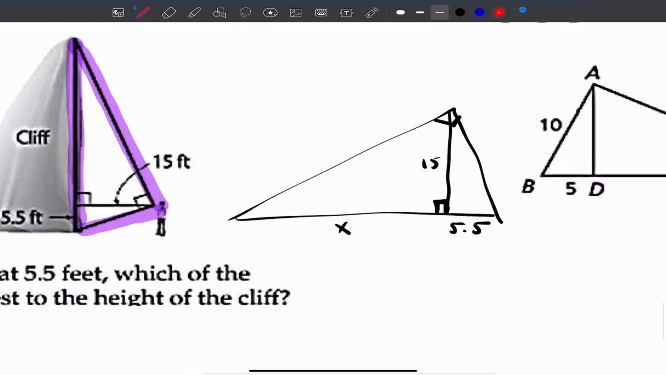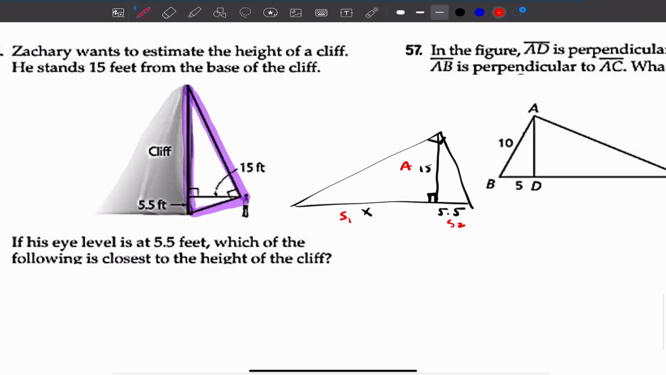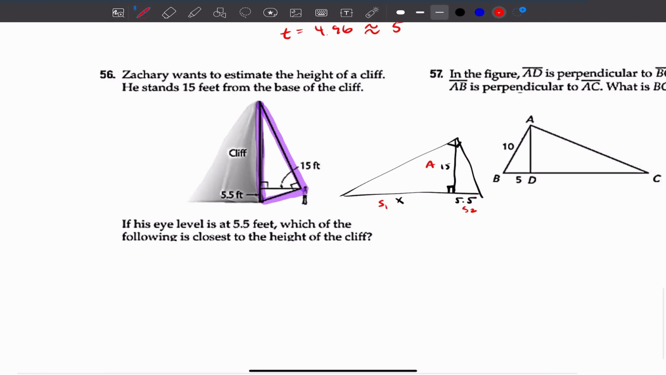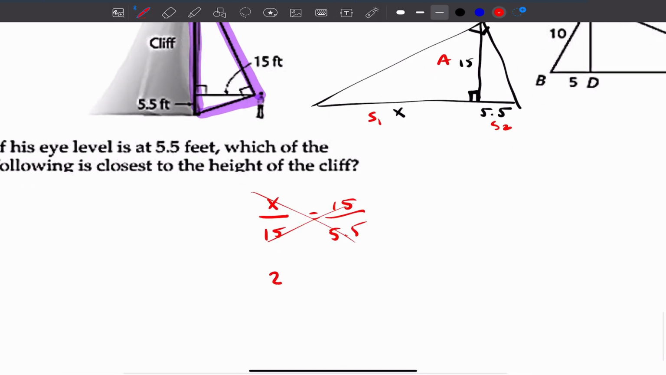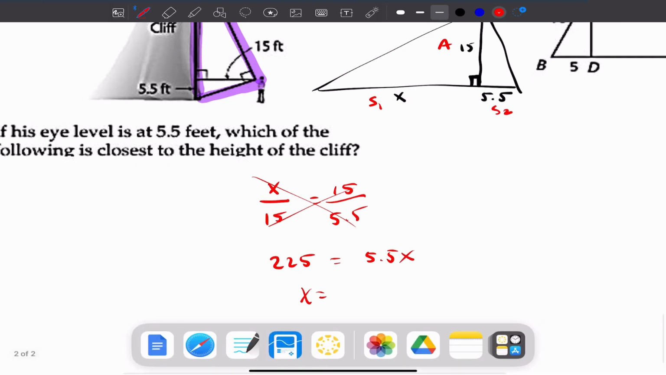That's awesome. Let's label our figure. This is segment 1, segment 2. This is the altitude. So it's SAAS. It looks like we're going to be dealing with SAAS here. So I write X over 15 equals 15 over 5.5, cross multiply. So that's 225 equals X times 5.5, which is 5.5X. So X is equal to,